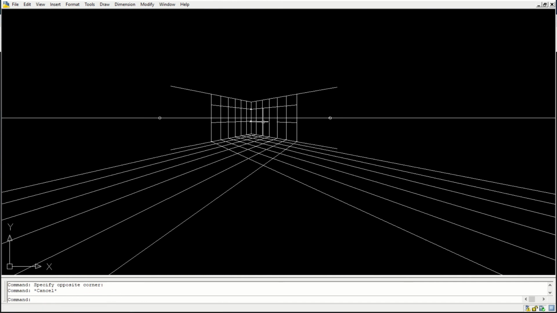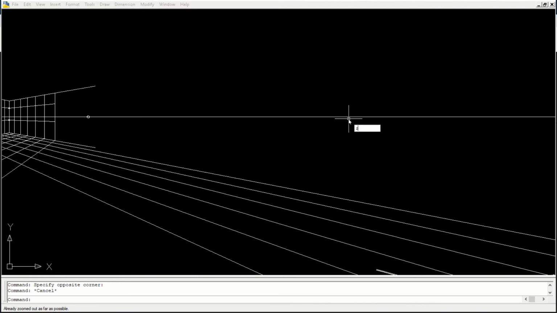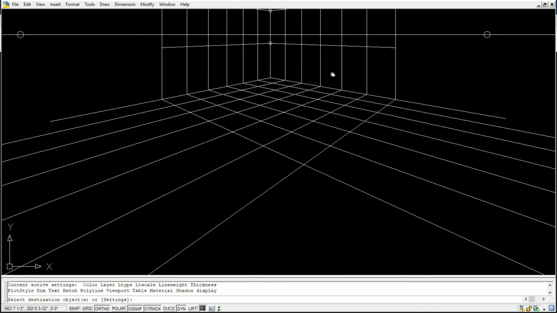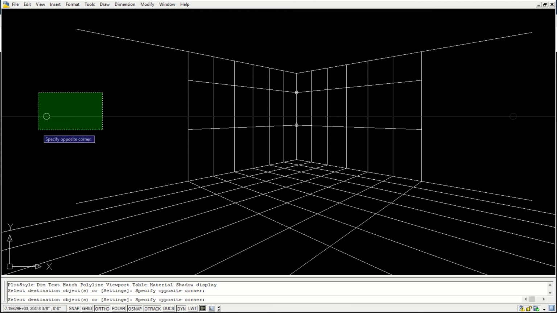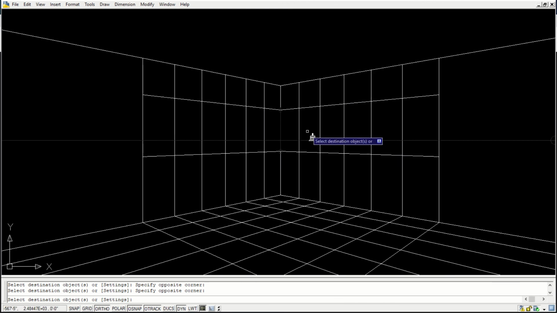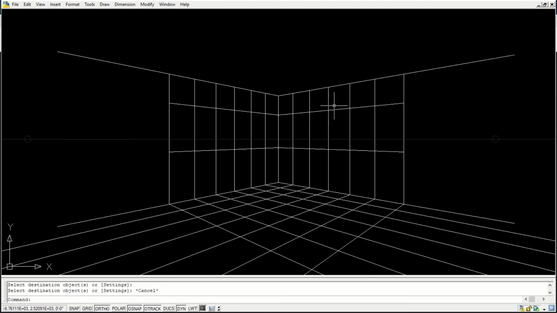Okay, so I'll just hide this. Okay, this is our horizon line, and this is the room frame that we have in hand.